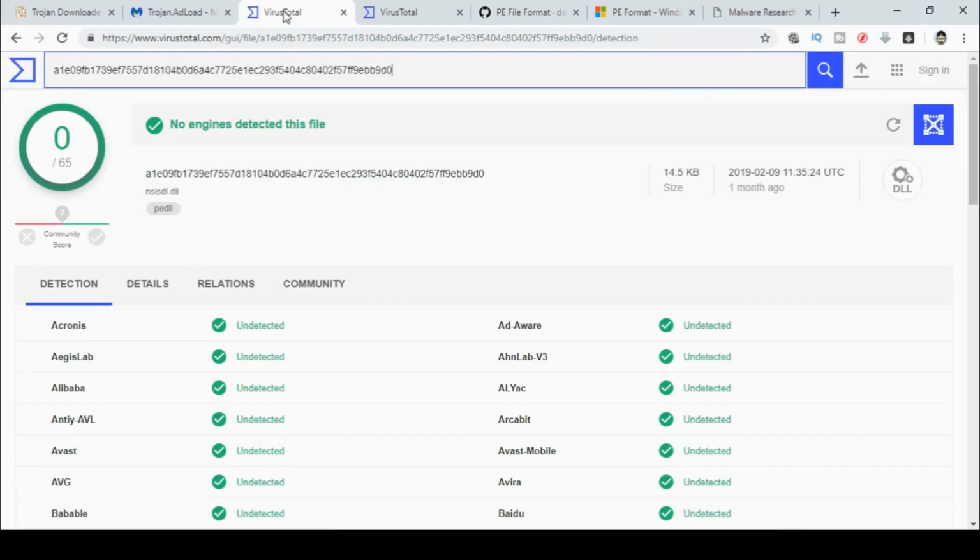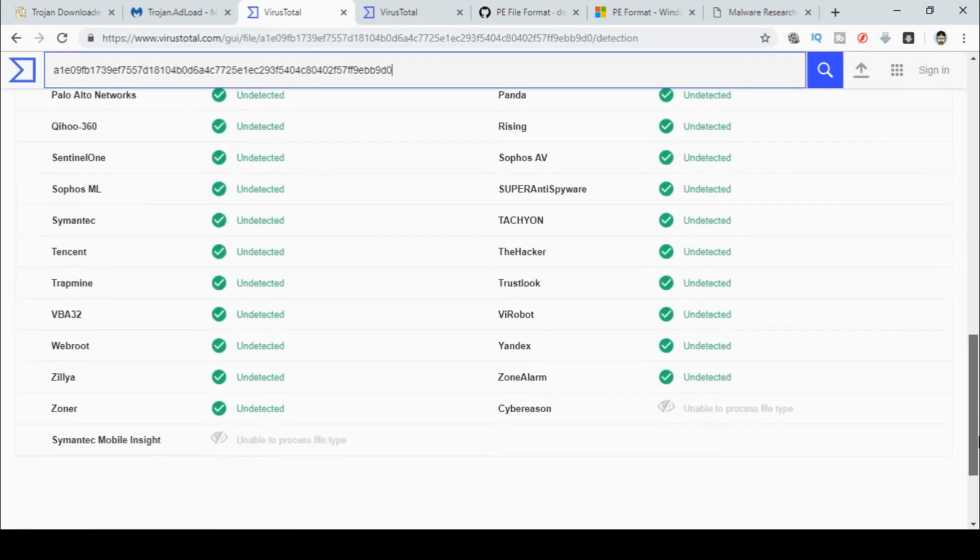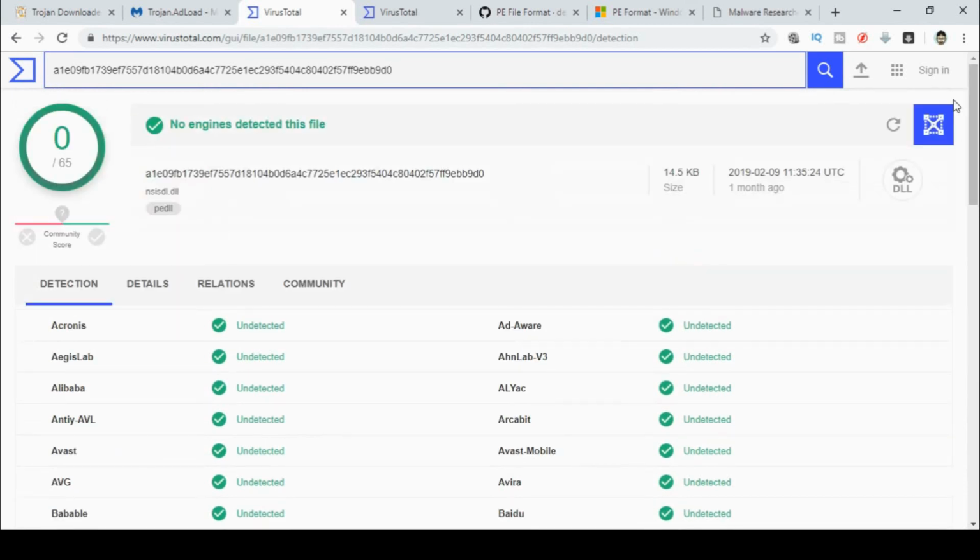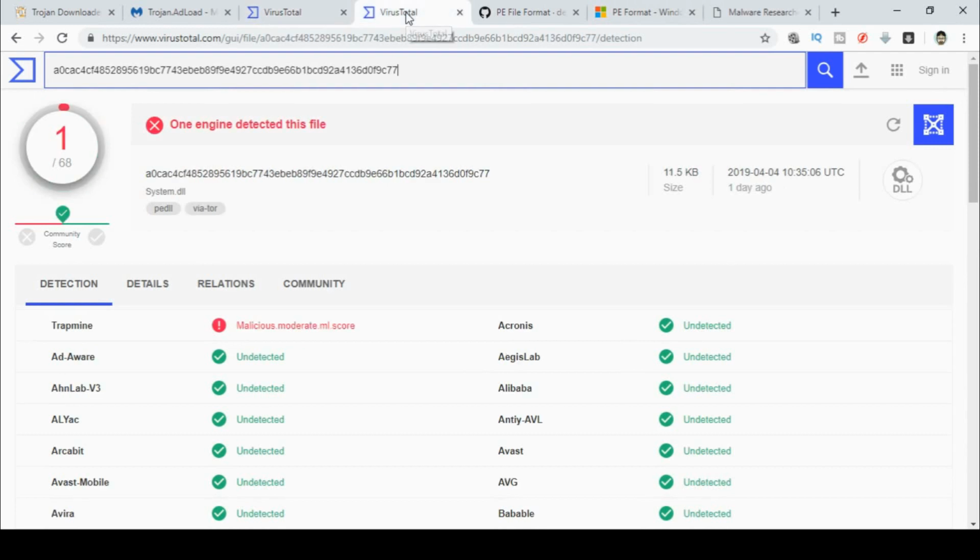So here we are in Virustotal. We've got the nsisdl.dll file loaded up, and at the moment all we can see is it's a PE file of type DLL, and there's no viruses. So this is likely just the tool or the engine that is used by the self-extracting executable to run the script.bin file. So in itself, it's not malicious. The system.dat file, which is really a system.dll file, is also a PE DLL,